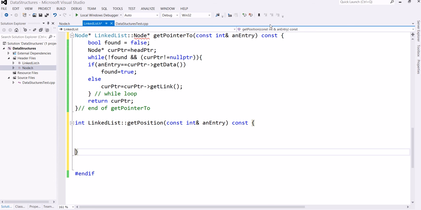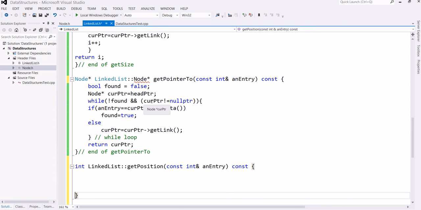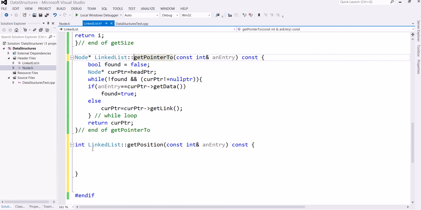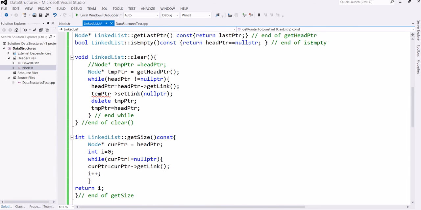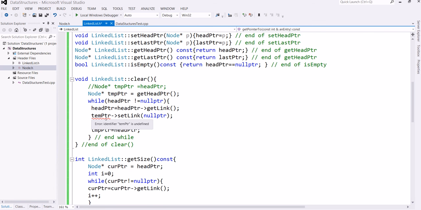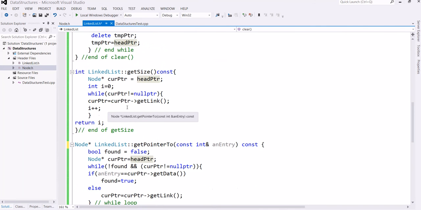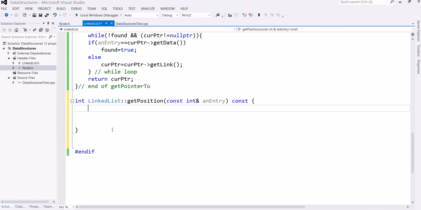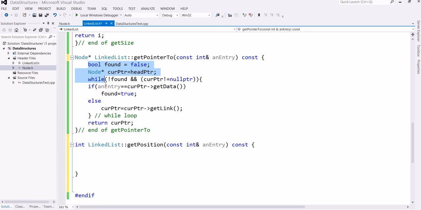So it is something same function. Okay, this is the problem. Yes, this is the problem. So get position int, yes. What is the problem? tmp point. No problem. Okay, so I am just copying the same function. So then